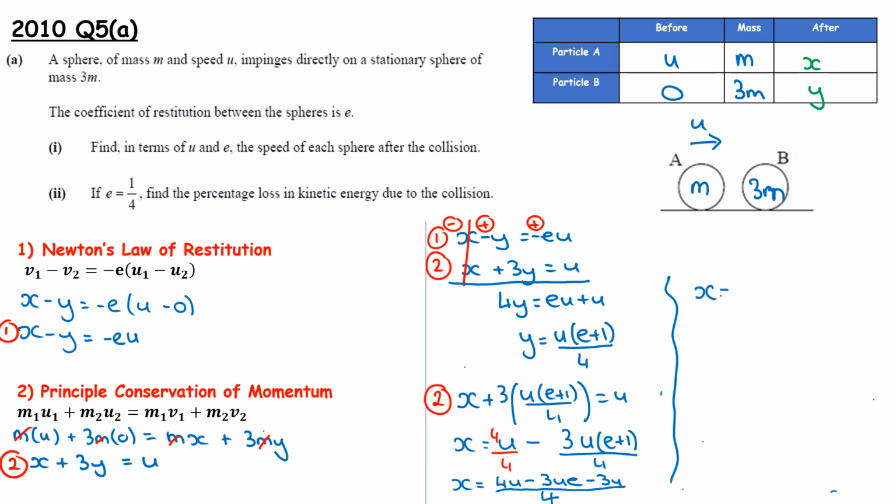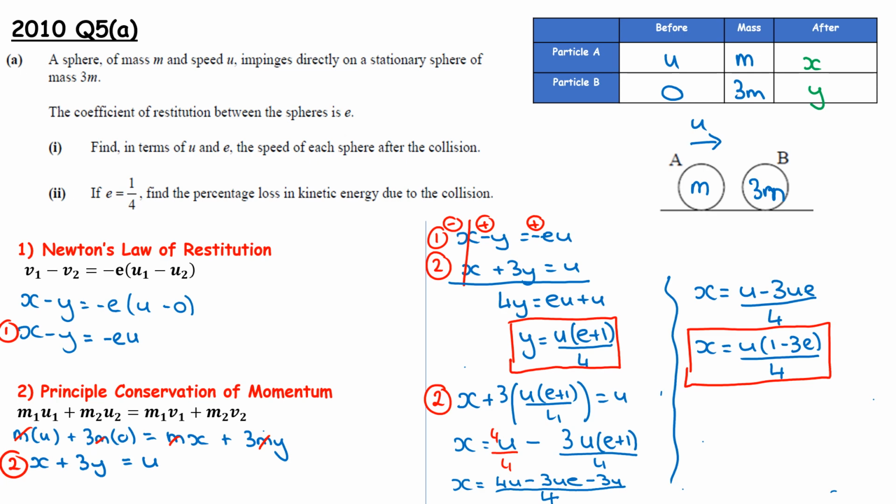So x ends up being u minus 3ue all over 4, and I would like to clean that up as u(1 minus 3e) over 4. So that gives us our two speeds. So there's y